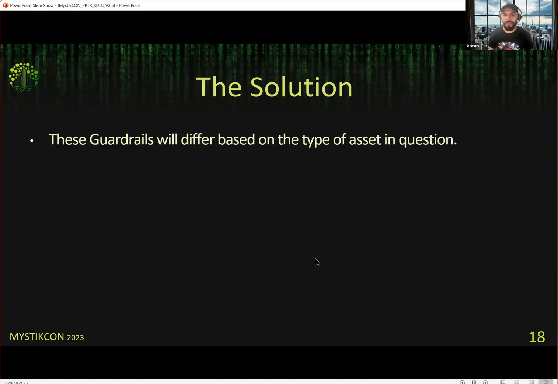Moving on. Now, just a few things that I want to talk about regarding guardrails, because they're super important, is that your guardrails are going to differ from asset to asset. Because let's say you are working with a web application, the security guardrails that you define, guardrails being the security controls, just to reiterate, are going to differ from when, say, you are developing a mobile application, right?